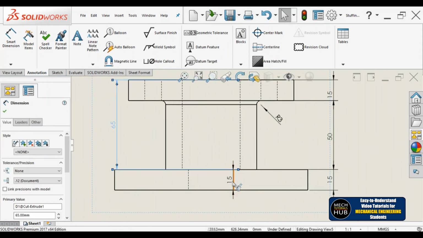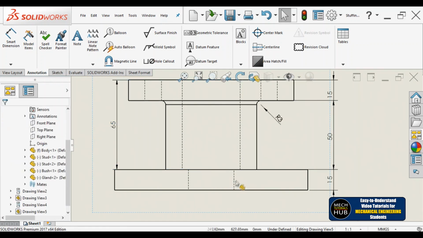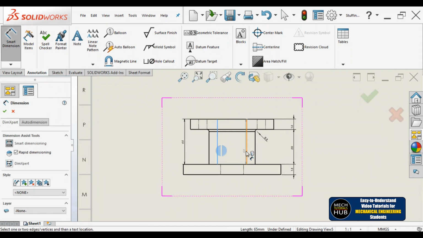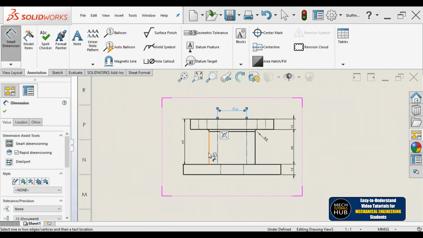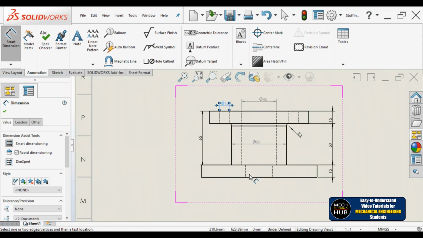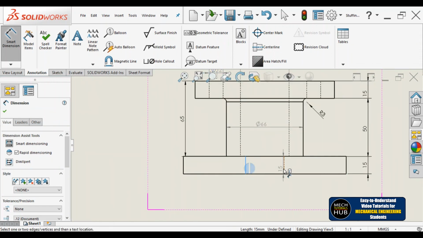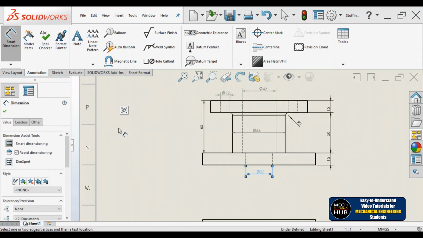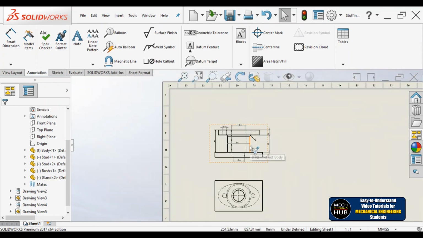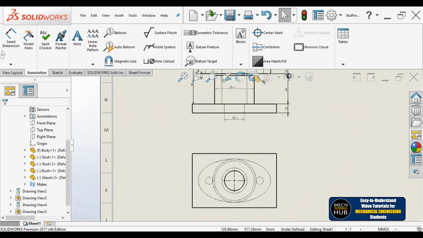Okay, let me keep it out, and internally this is not required as I have already. If some dimensions are missing, go to smart dimension, try to give those dimensions also. It is 42 and outside it is going to be 66. Likewise you can zoom out and check it out. This is going to be something around 12 dia. Whatever is required, you can place it from hidden to next hidden. It is going to be 33 dia. If you could remember from your views of textbook.